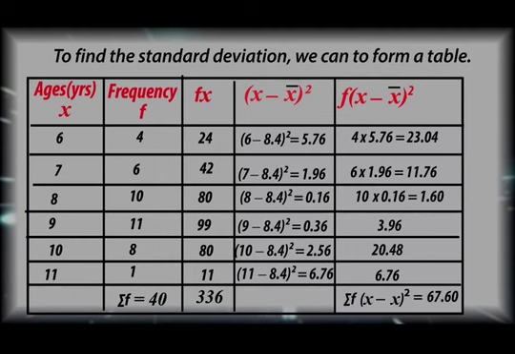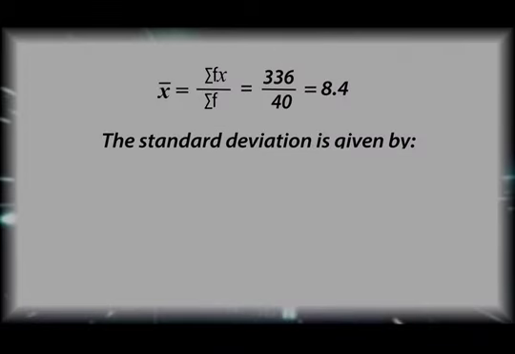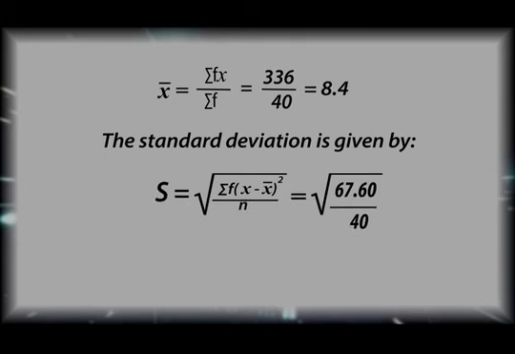Now, what do we do after this? So we are going to substitute the values into our formula, and then we work it out and take the square root of the answer. And that gives us the standard deviation. So let's go. So we have the square root of